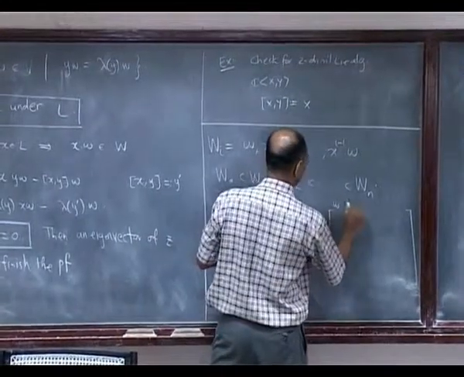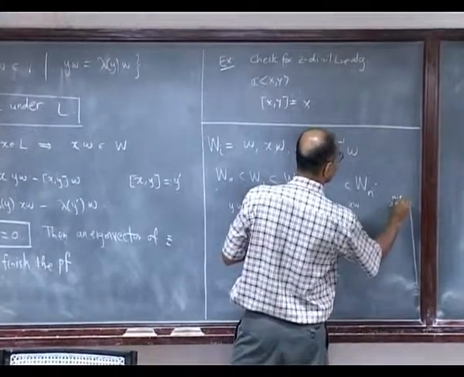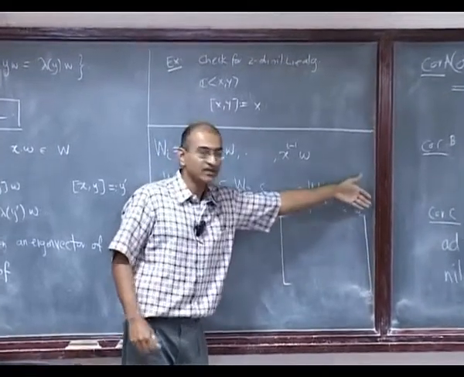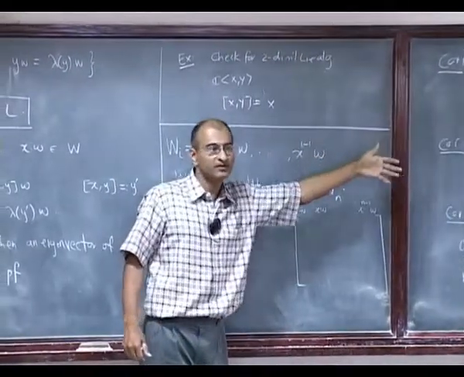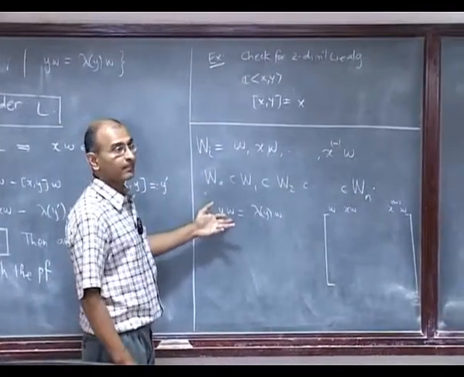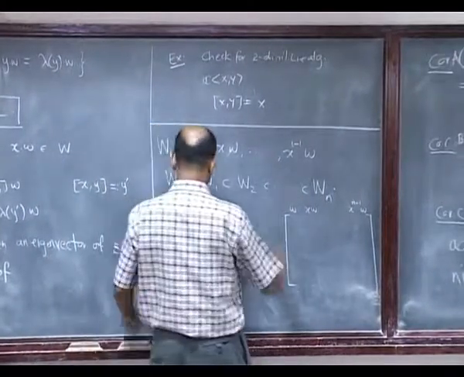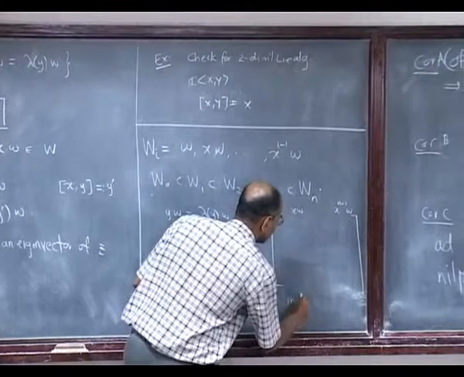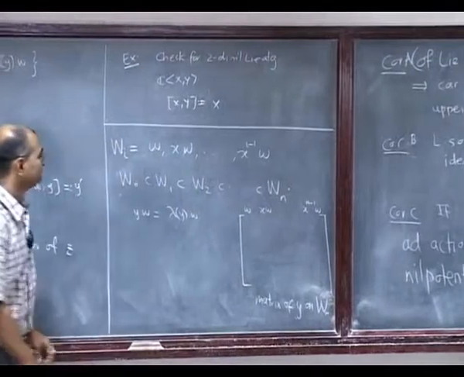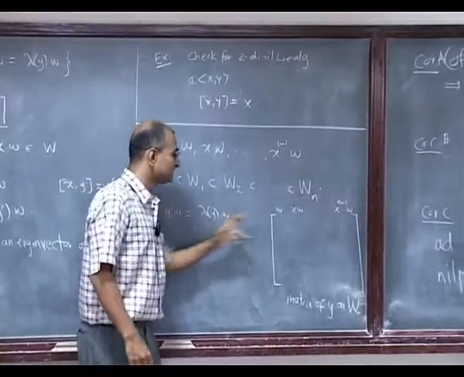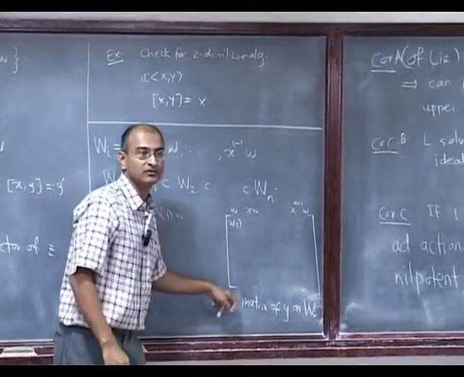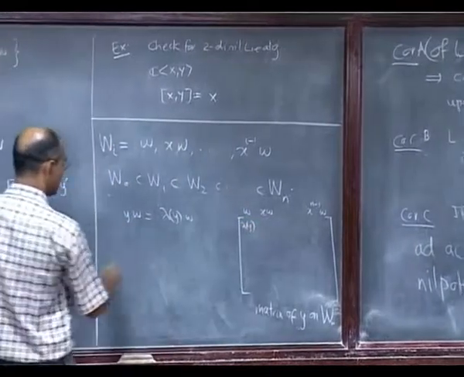So this is W, XW, up to x to the n minus 1 W. Those are the basis vectors, right? By design, the next one becomes dependent on these, and then of course all the further ones are going to be dependent on this. So I am going to try to build the matrix of Y on W sub n. What does this say? This simply says that the first column is lambda of y and then all the zeros. Let us see what happens when we go next.